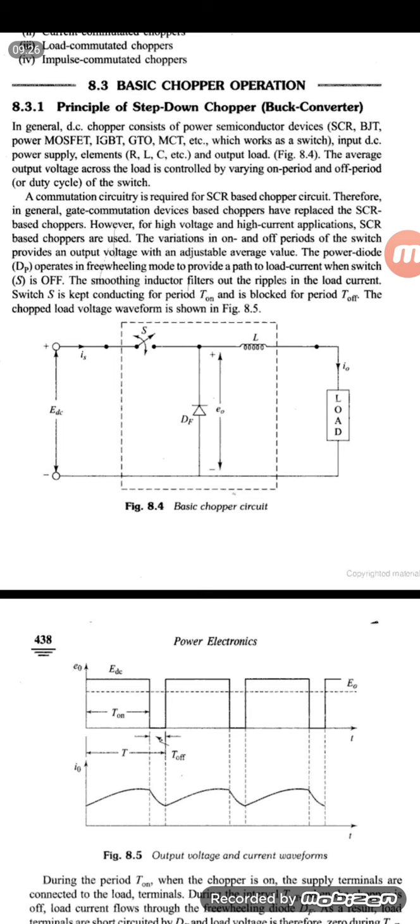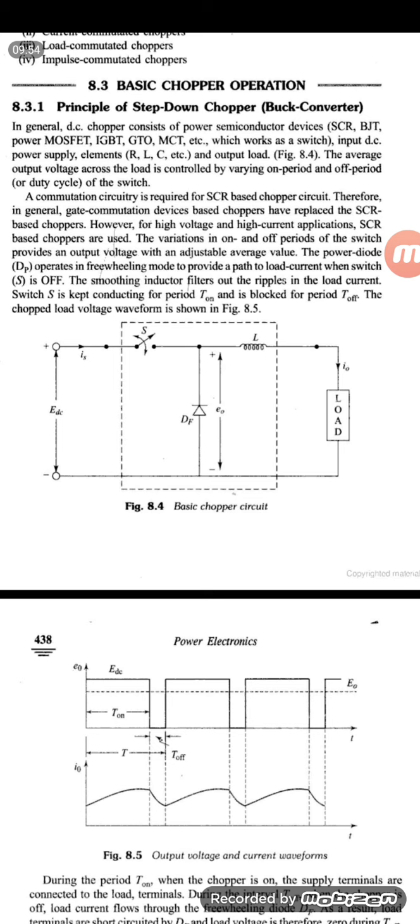When the switch is open, the energy stored in the inductor is circulating. The current is circulating only inside the loop, that is, the current is passing through the inductor, load and the freewheeling diode. When the current is passing through the diode, it acts as a short circuit. Once the diode is short circuited, the load becomes short circuited.